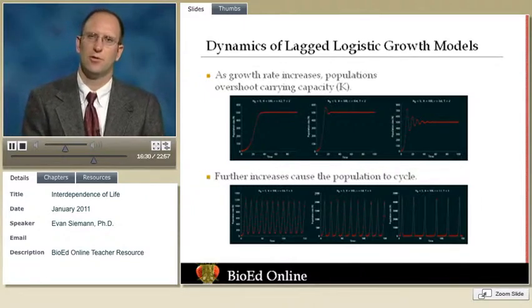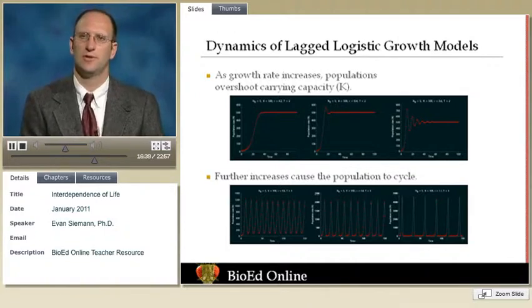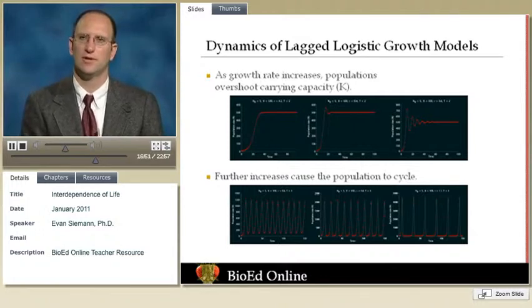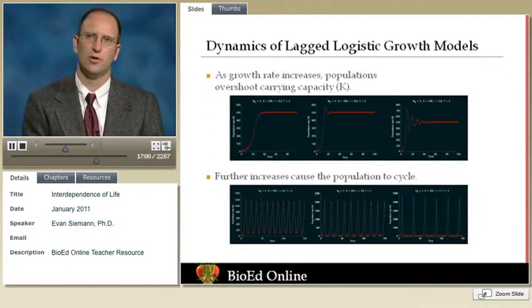In population growth models where time is discrete or where there is a time delay built into a continuous time model, the dynamics of the population go through a series of predictable behaviors as population growth rate increases. When population growth rate is low or time delays are very short, the population will at first smoothly approach carrying capacity, just as in a continuous logistic model where there are no time delays.